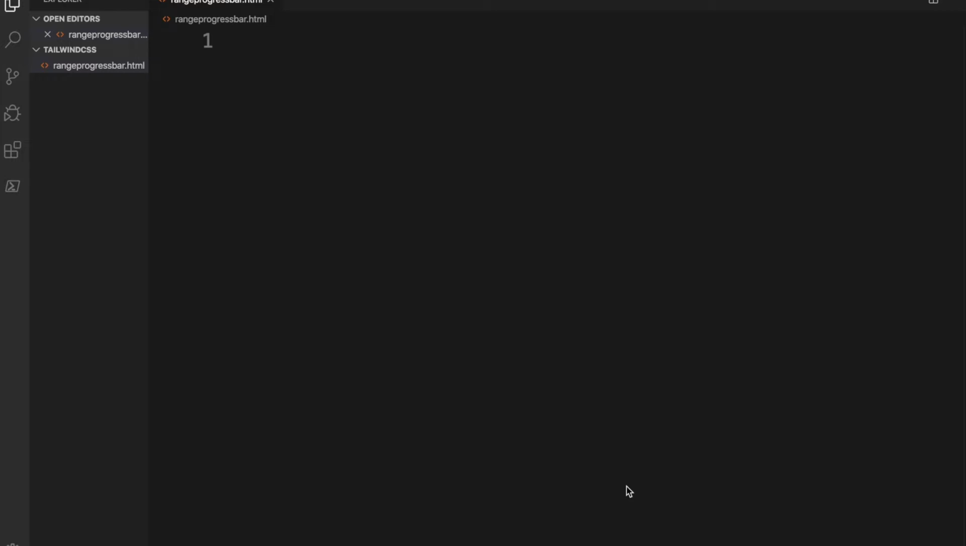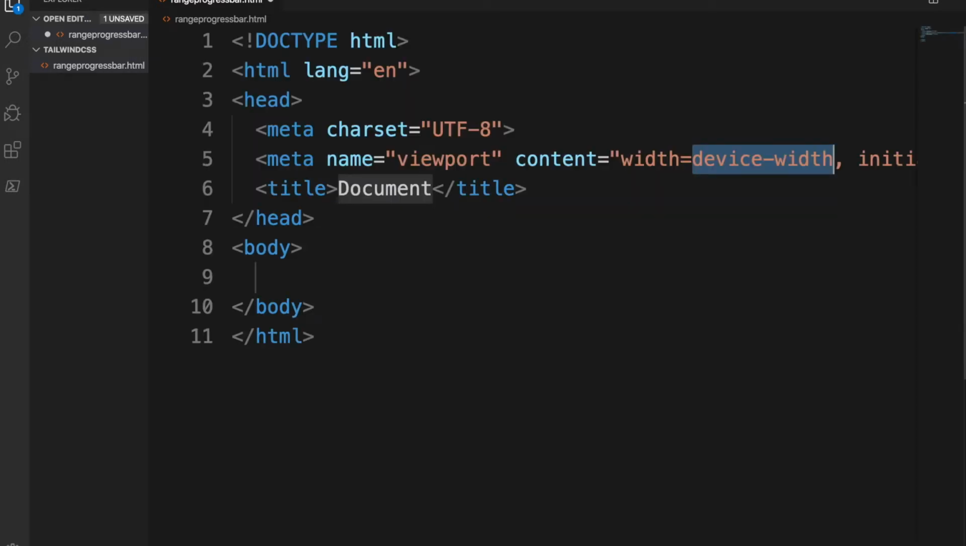So in this video, we will learn how to override that default style. We will make it more user friendly, and it will give you a rich user experience as well. So let's start. The first thing we need to create is an HTML5 page. So we will use HTML5 and we will say this is our range progress bar